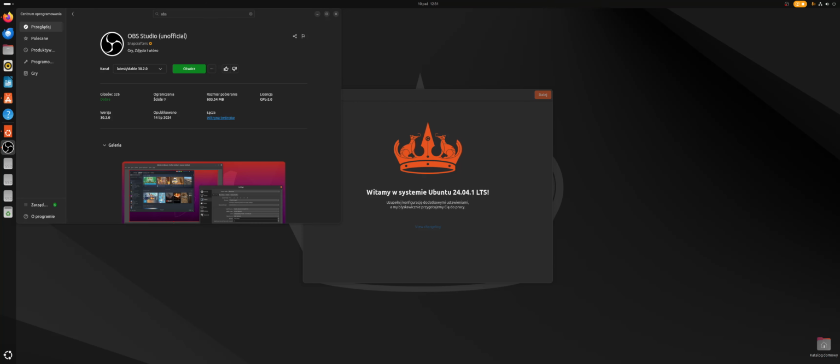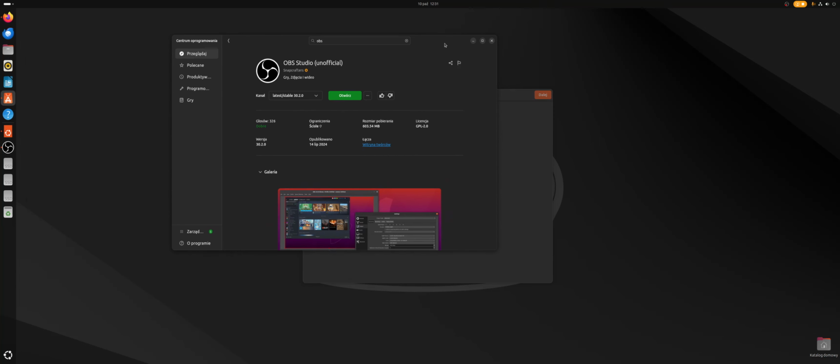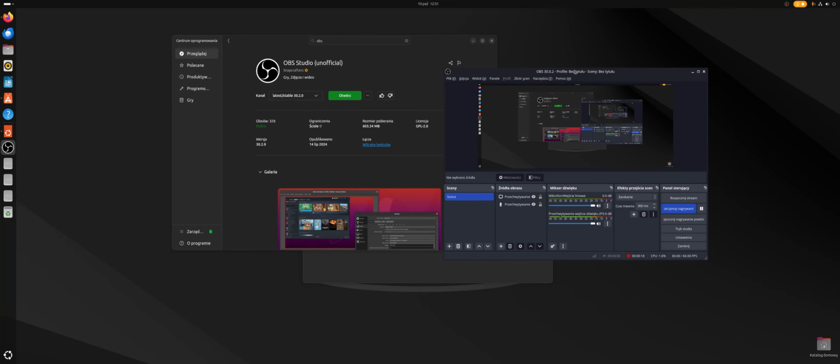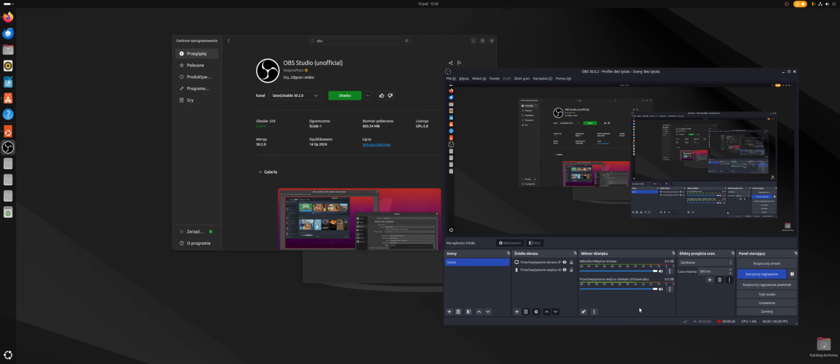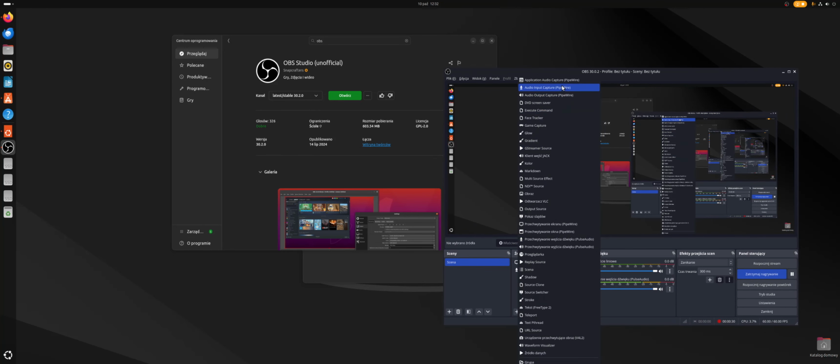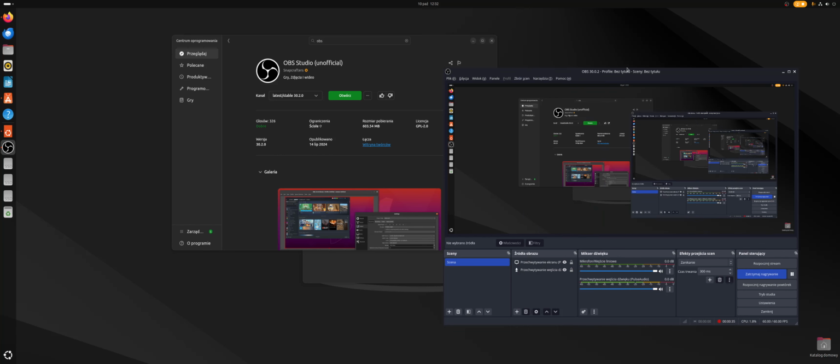Mainly we will install Flatpak here, because as you will see the Ubuntu App Store is quite outdated. Admittedly, I could install the distribution with them right away, but well, it's also worth showing. It's worth mentioning that now I will be using the Snap Store version of OBS for a while. It is unofficial and it has a few bonuses, such as application audio output capture, which is very useful for